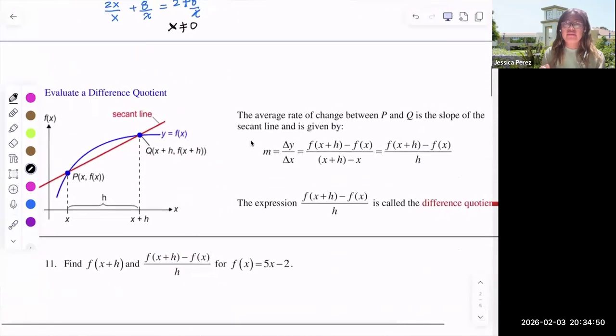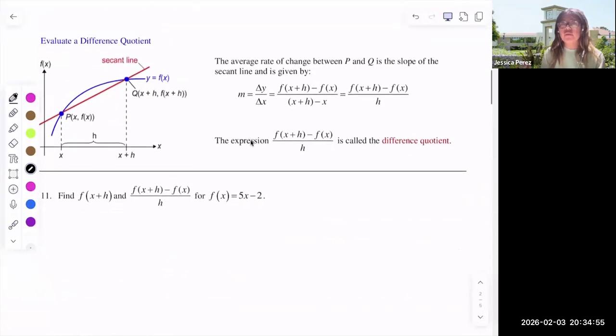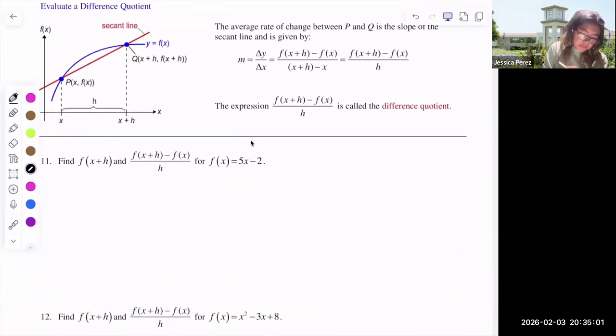Now let's talk about evaluating a difference quotient and what that means. So we've seen so far what the slope of a line is, rise over run. Well, what happens when we have a curve, let's say this function y equals f of x, and we want to find the slope of that line? Well, it's not going to be necessarily rise over run, but it's actually going to be some values evaluated at